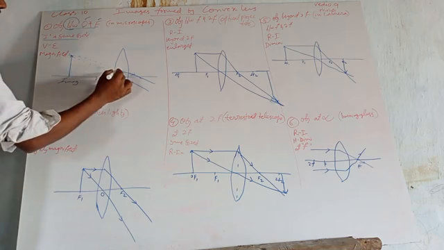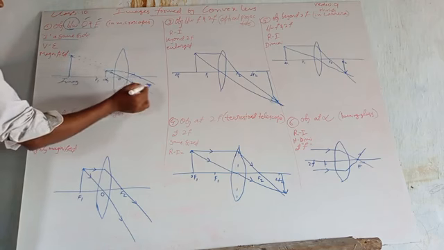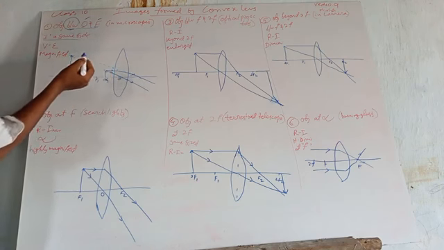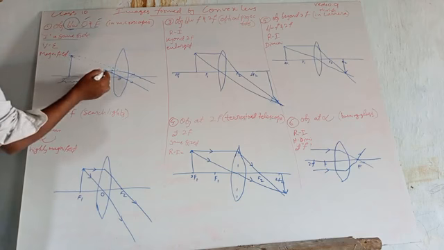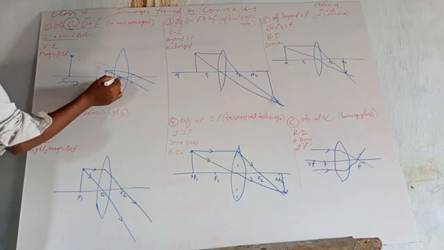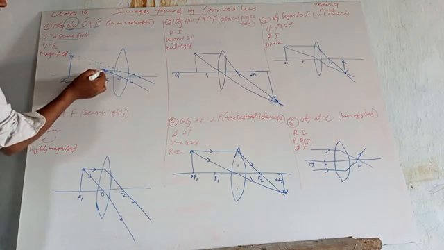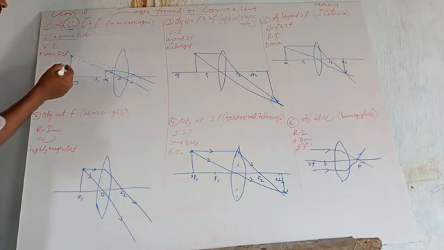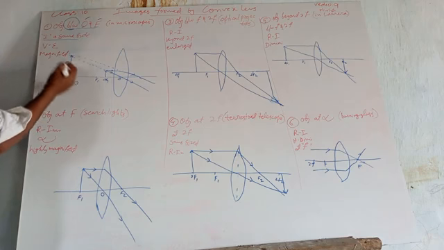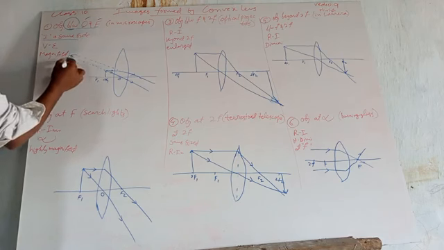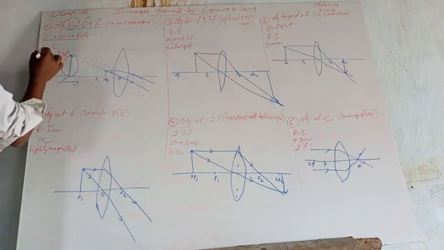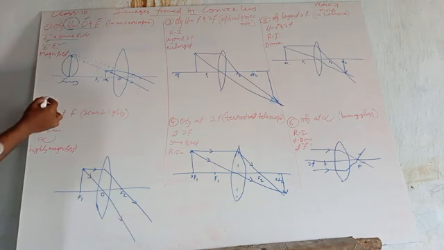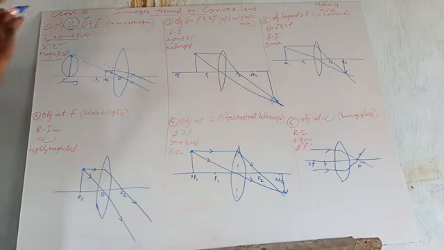Look here, one line going parallel is deviating here, this deviating backside is called the appearing line. Another line going through the center of the lens will not deviate, so it is also going back like an appearing line. Both lines will meet at one point, and that point is our image point. This is our image. So the image is virtual and erect. Then the image is magnified too much.